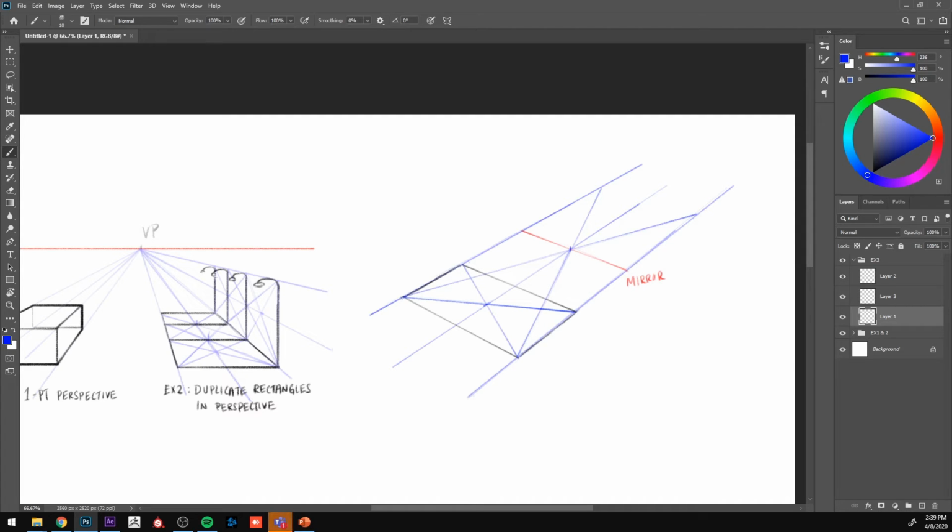Okay, once that is done, I have identified 2 points. Next, I will extend another line from the front